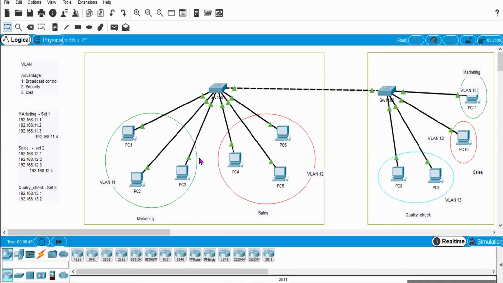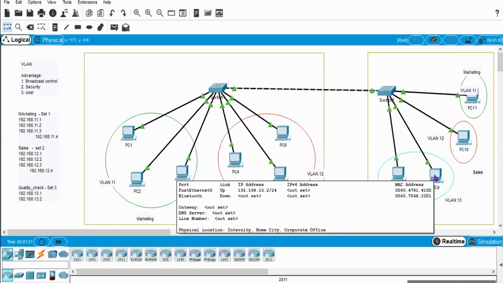Basically there are three departments: the marketing department, the sales department, and the quality check department. In the previous lecture I explained that this is your building number 1, in which the marketing department is on the 6th floor and the sales department is on the 4th floor. And this is another building, dedicated to quality check, where all the machinery related to quality check performance is.